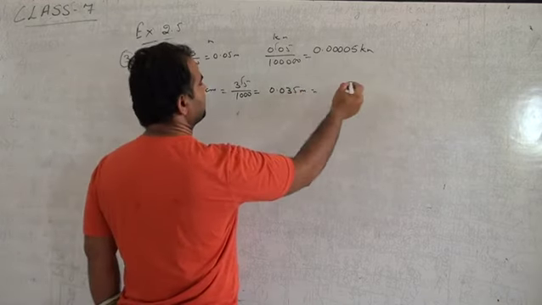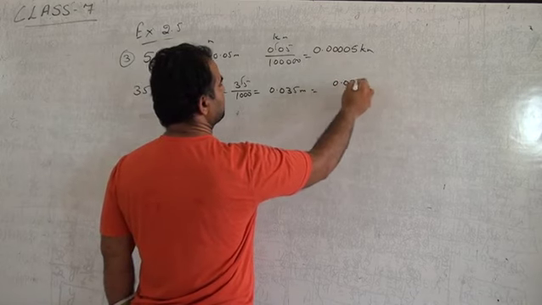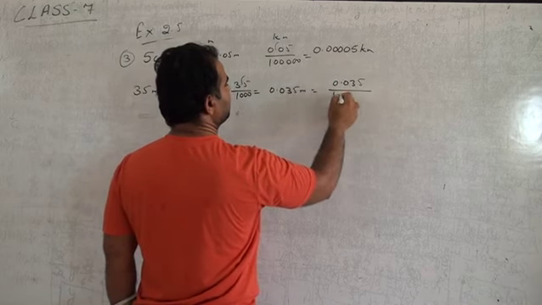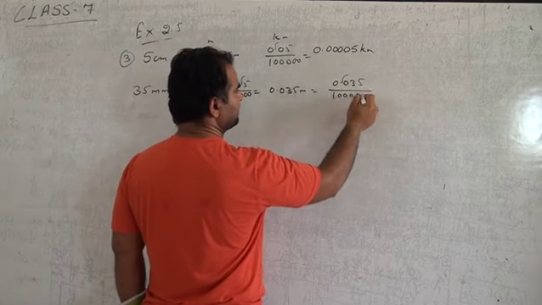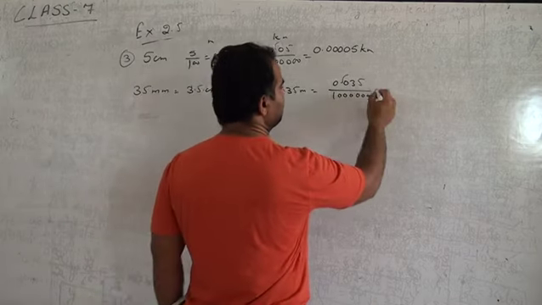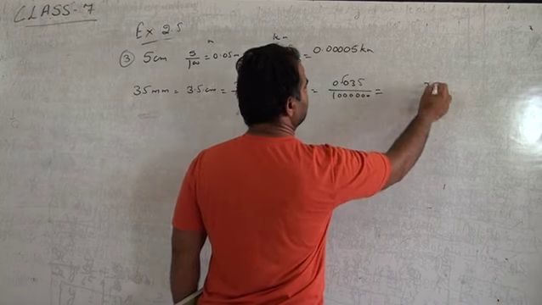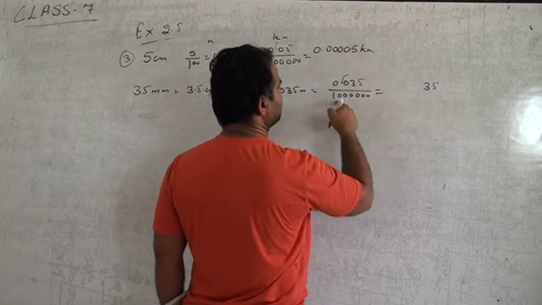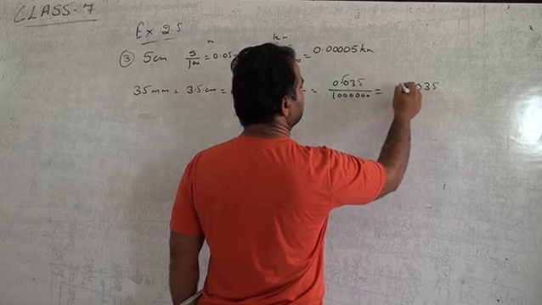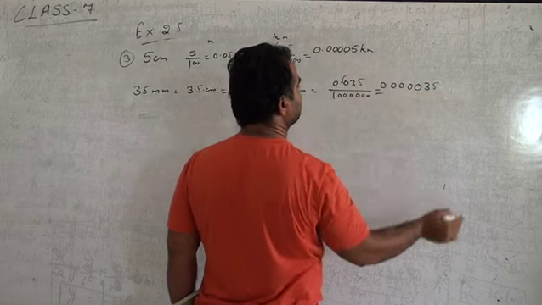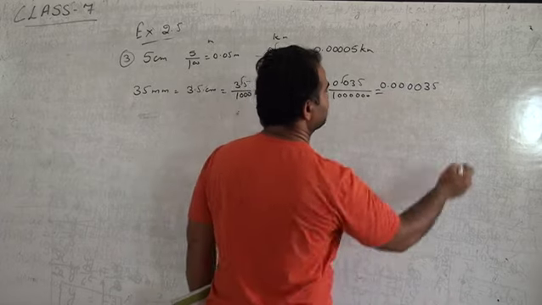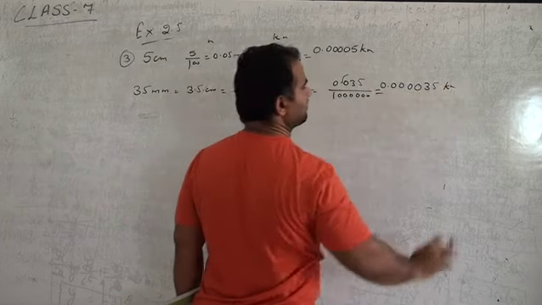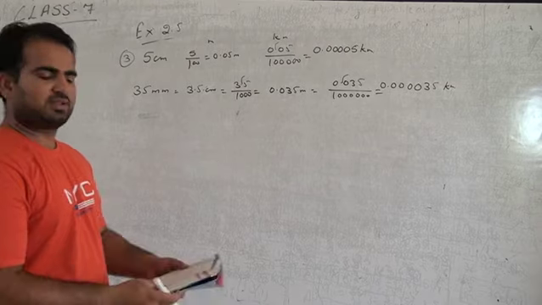And if we have to convert it into kilometer, we have to divide by 1000 again. Then we remove the point, with 3 more zeros. It will be 3, 5, and then the zeros. It will be 0.000035 kilometer. Okay. Next is